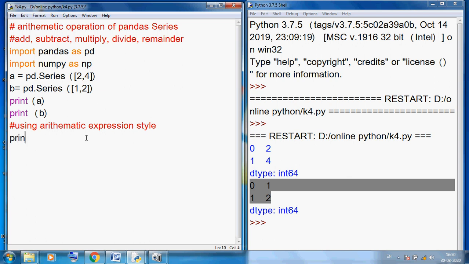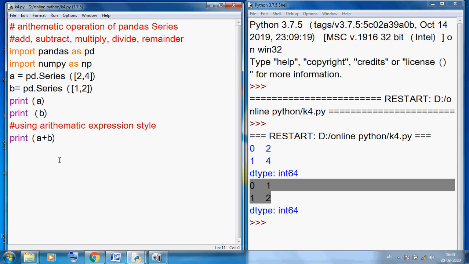Suppose print A plus B, simply A plus B. So we can say 2 plus 1, then 4 plus 2.